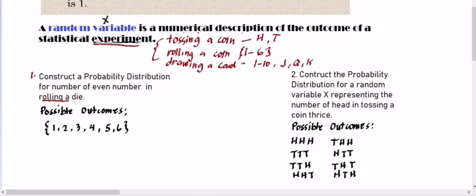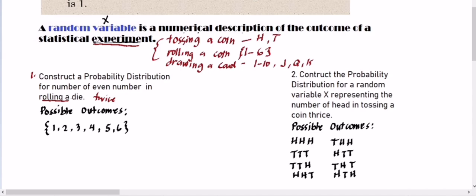Sa rolling a die, tignan nyo muna kung ilang beses binato, o ni-roll yung die. Kung yan ba ay isang beses, dalawang beses. Usually kapag dalawang beses, binabanggit dito twice. Pero pag isang beses lang, walang binabanggit na twice o thrice. Pag thrice, 3 beses. So, ano pagkakaiba nun? Kapag isang beses lang binato, yung possible outcomes mo ay 1 to 6 lang. Pero pag binanggit rolling a die twice,